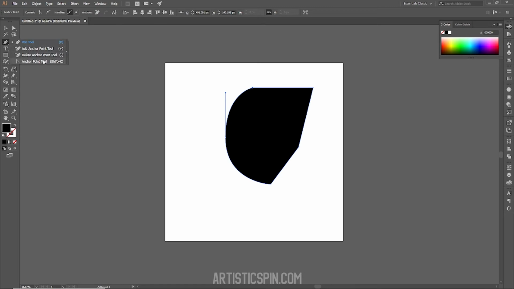All right. So what would we do over here? You would click on this. You would click either Shift C or just hold the key right over here. And this little dialog box will be popping up on this side right over here where it shows anchor point tool. So what you would do is that it will make